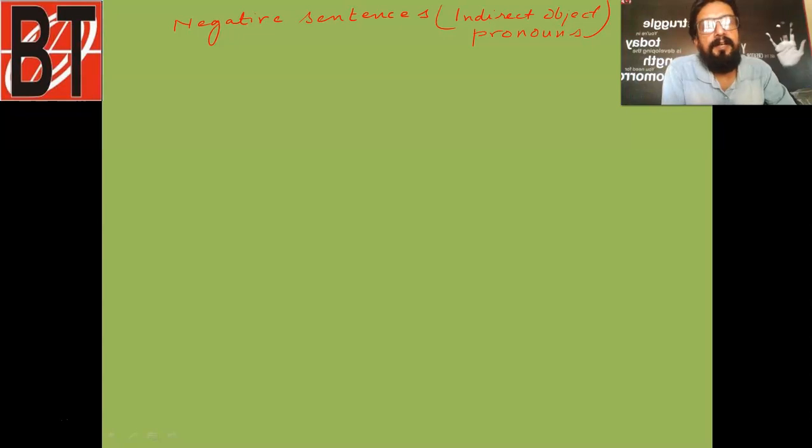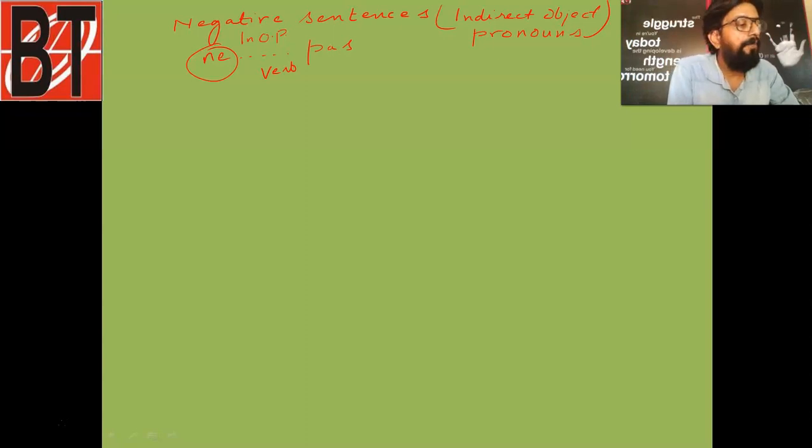As I explained in the last chapter on the direct object pronoun, the negative sentence always takes this "ne" and "pas", and between "ne" and "pas" you put your verb. Now after "ne" you will put the indirect object pronoun. So let us do it using an example.